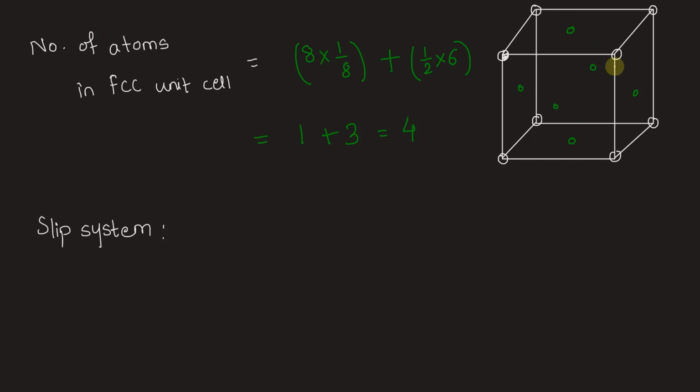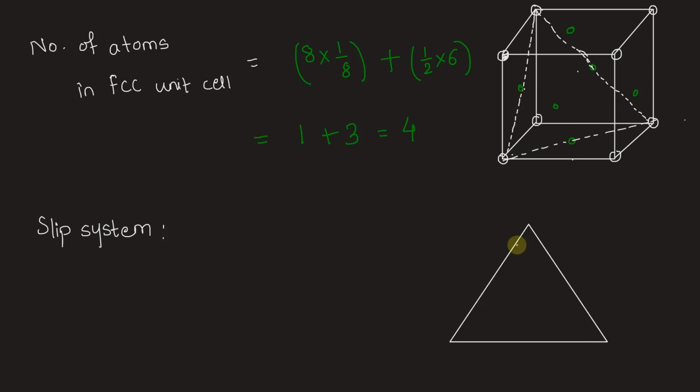So if we look at this structure, we see that if we try to pass a plane like this. So if we consider this plane that contains 3 of the corner atoms and 3 of the face atoms, and we show this in 2D, then it will look something like this. So at every corner, there is 1/8 part of the corner atom present, and half of the face atoms are present. So that also we can show it like this. Therefore, we can see that this plane is quite dense. And in fact, it has the highest density. We are showing these atoms smaller in size for clarity of figures, but they are not so small in reality.